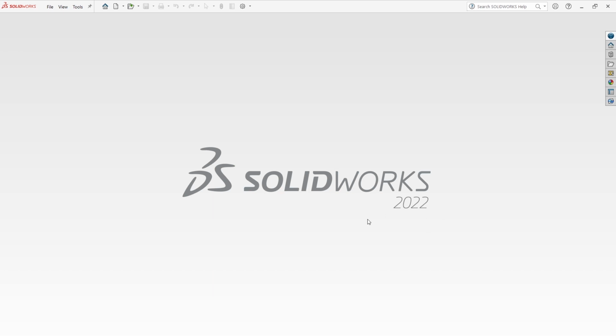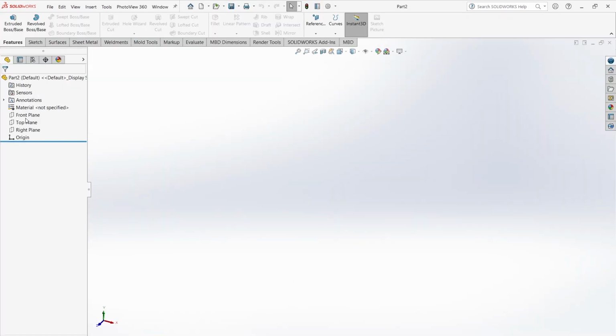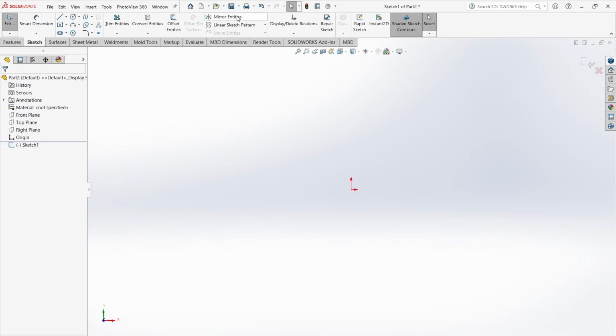ये SolidWorks 2022, this is the starting page. अब आपके पास कोई भी SolidWorks तो चलेगा as long as it is SolidWorks 2018 or later. So first of all we'll take drawing. हम 2D ड्राइंग करेंगे फिर उसको 3D में कन्वर्ट करेंगे. तो जो फर्स्ट मॉड्यूल है वो हमारा 2D स्केचिंग है. सो आई गो टू पार्ट. Now let me tell you,